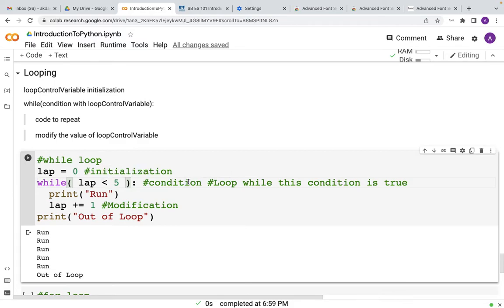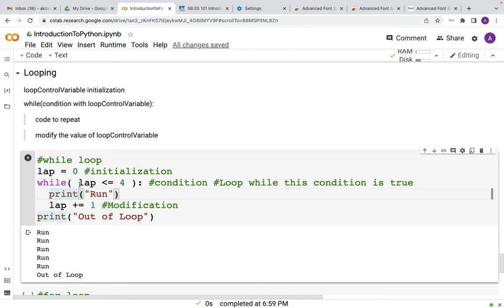Just for the sake of convenience, let me change it to less than or equal to 4 here. Now after the condition, it is the colon symbol, and then again, just like the if-else statement, you have to put an indentation, and after that you write down the instruction that you want to execute if this condition is true.